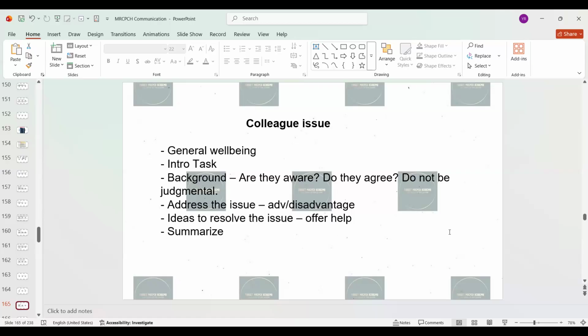For example, I can see it might be stressful. Is there anything that I can help with from my side? Is there anything that you want to talk to me about? You can ask them to see if they can open up. And then say, for example, with the alcohol colleague, when a person or doctor is under the influence of alcohol, he cannot be around the patient. When it comes to patient safety, it is completely unacceptable. If he says, okay, hereafter I will not do it, that doesn't resolve the issue.